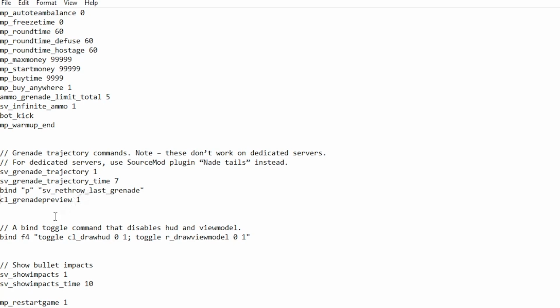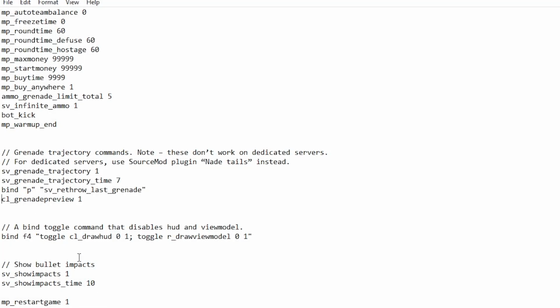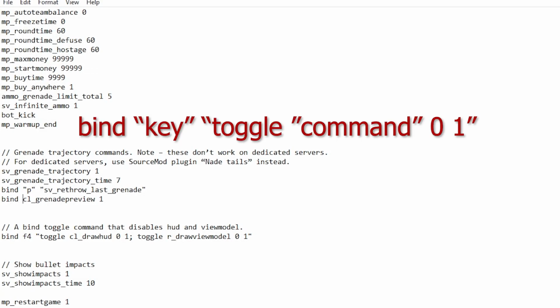So I'm actually going to show you how to make a toggle bind, because I know some people find it very, very hard and confusing. So I'm going to bind this to F3. I just want to make it toggle, so I'm not always looking. Before I throw the grenade, there's not always a trail there, and sometimes it can mess up my throws. So we go bind, whatever key you want, F3,